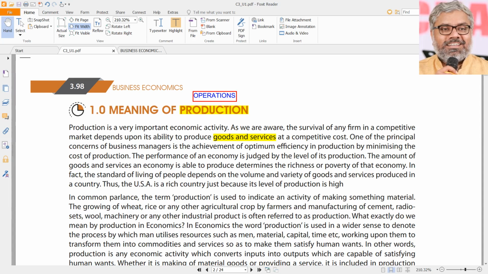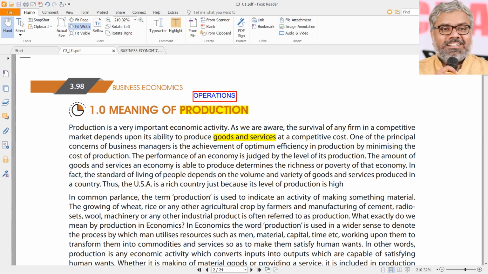Purchase department, stores department, many departments will be there in the organizations depending upon the size of the organization. But the core is always operations. That's what we can understand as the production of whatever the production of that organization is. That is its core operations. We can understand in those lines.